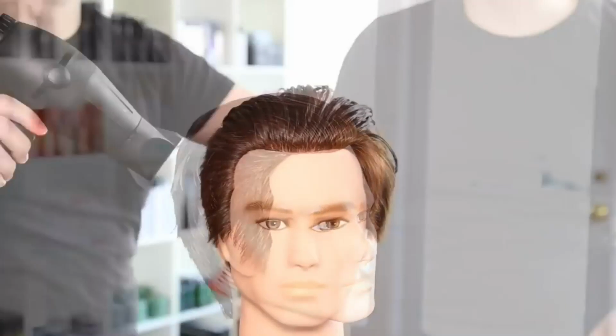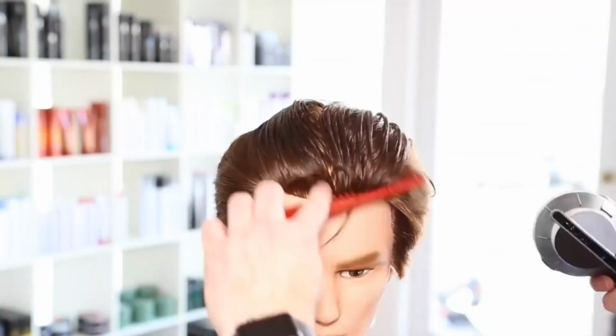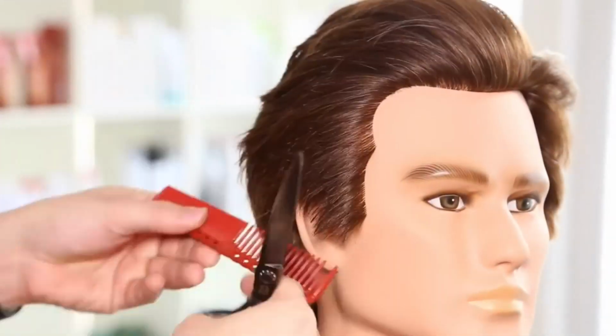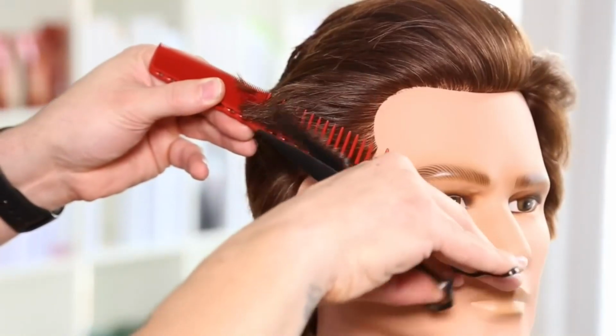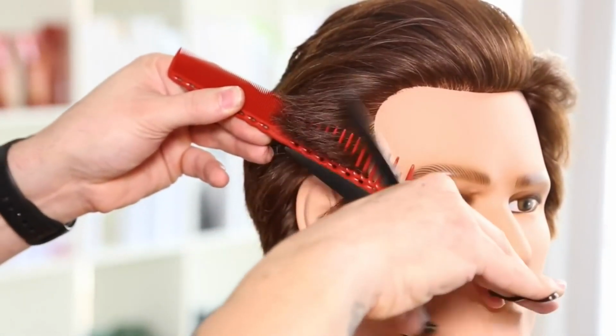And that is the wet part of the cut. When I blow it dry, I like to use a comb. Pretty much any short hair, I like to use a comb. This is the 332 comb from YS Park. I'm going to use that for all my scissor over comb, along with my Mizutani Solids, which is a 7-inch scissor,